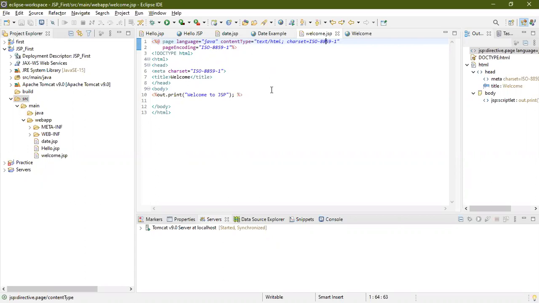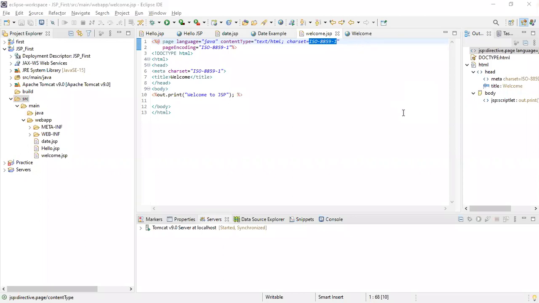You can just go to Google and search what the standards used in these character sets are. So I will tell you the usage. Why we are using it is you need to follow some standard for what type of characters should be used in the application. So for that purpose, you are specifying the character set and also the page encoding. Hope you understand.